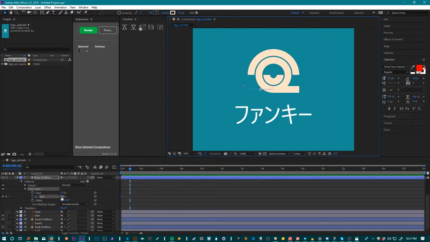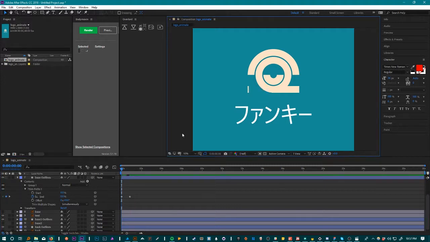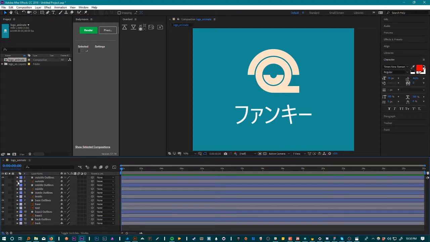And at that point, we can go ahead and drag this all the way up to 100, and it's going to automatically keyframe because that blue timer is still illuminated. Okay, so we're happy with that. We can just go ahead and press play and see it animate into place. So what we want to happen here is we want that to come across, animate up and around the circle, and then finish out. So the next thing we'll do is we'll go to that center circle,